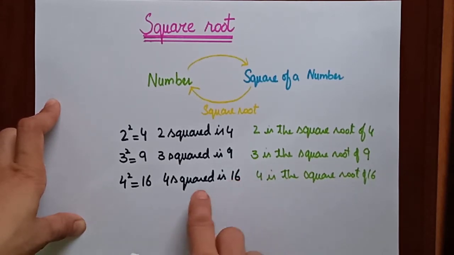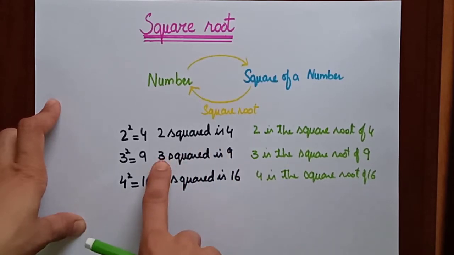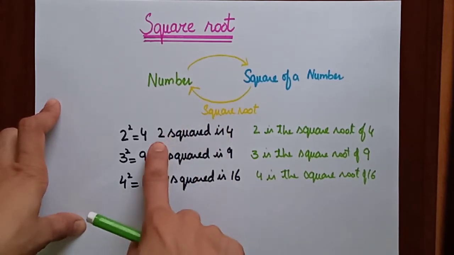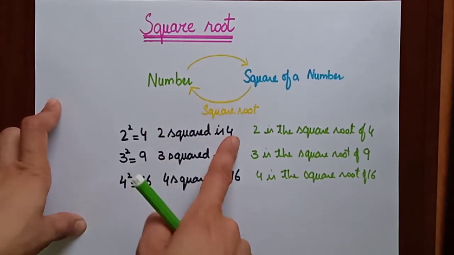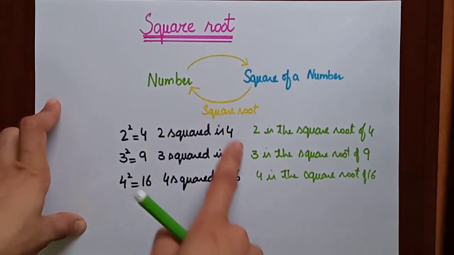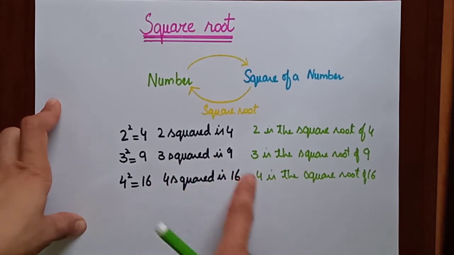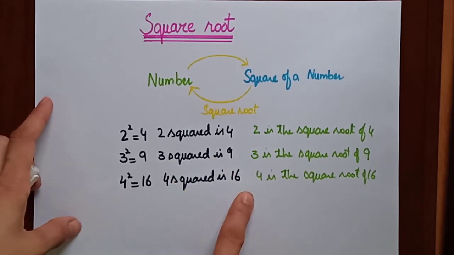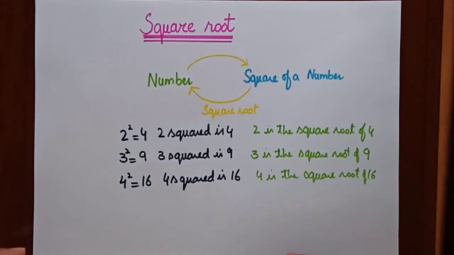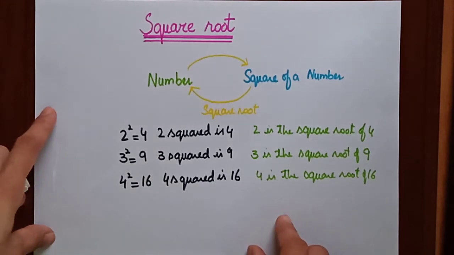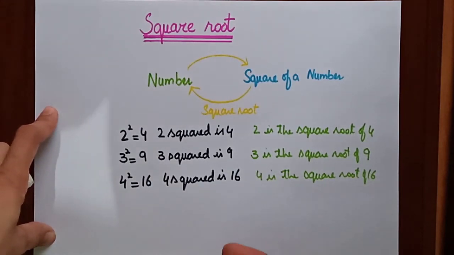16 is the square of 4. 9 is the square of 3. 4 is the square of 2. And 2 is the square root of 4. 3 is the square root of 9. And 4 is the square root of 16. Okay. So in this way, similarly, we can find the square root of any